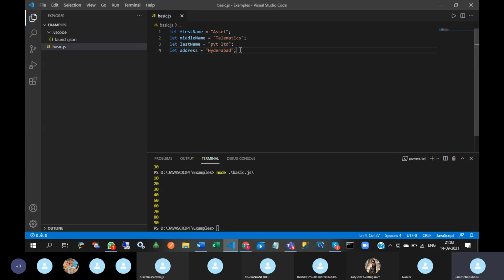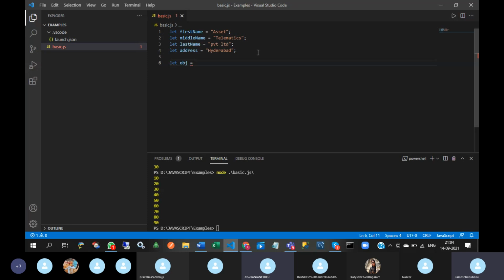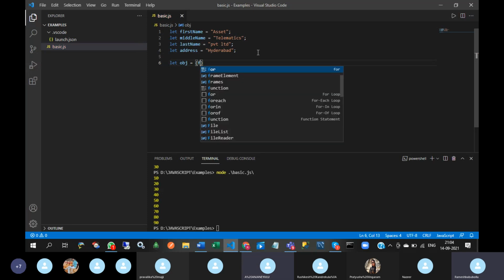For storing this information, I am going to use 4 variables. Instead of using 4 variables, we can use an object. Then we can store all this information in that object. Let object. So how to construct an object?